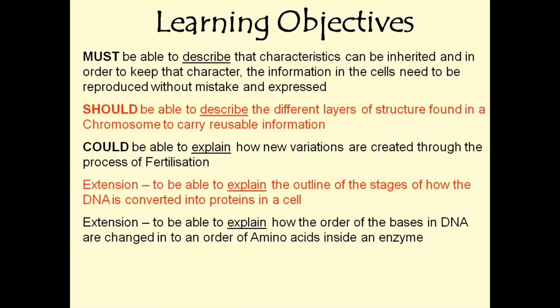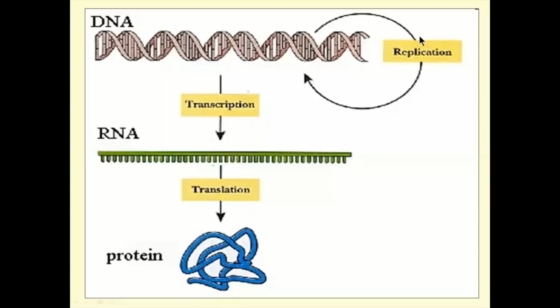Again, a quick recap of the learning objectives. Until now, we've repeatedly defined genes as sections of DNA that code for a specific protein. Genes basically carry instructions to make a specific protein, and proteins largely determine what the characteristic of an organism will be. To explain how we take genetic information from our parents, we need to understand central dogma.